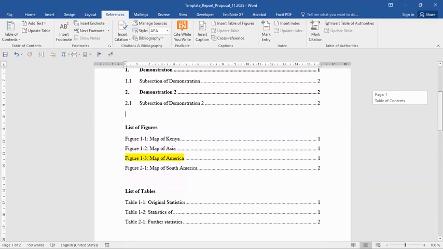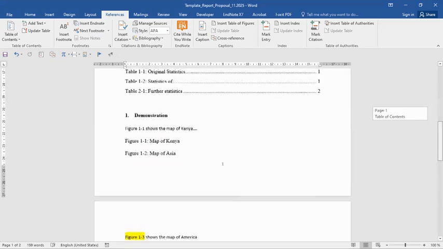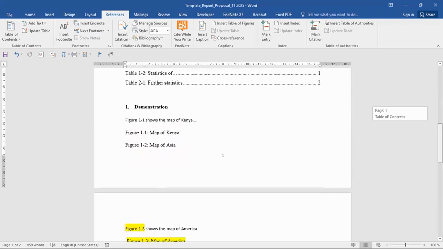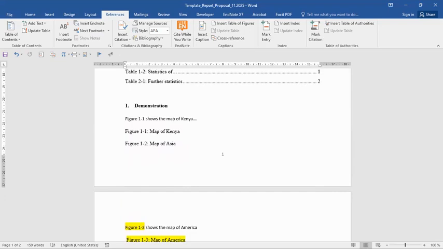Now, what I'm presenting here is just a template, but whatever it is here should actually appear on different pages. For example, the list of figures should be on its own page. The list of tables should be on its own page. And all these other sections you are seeing here should be in their own corresponding pages. So that is exactly how you automate the numbering of documents to make your write-up